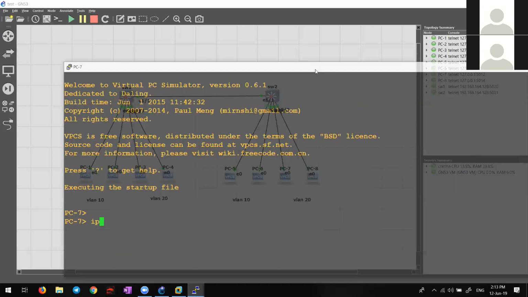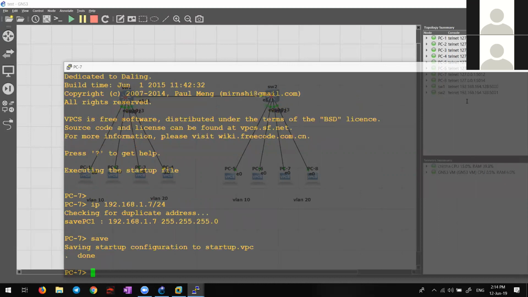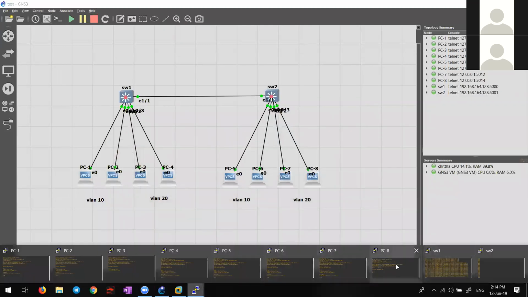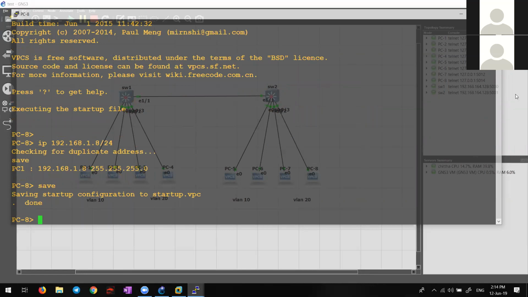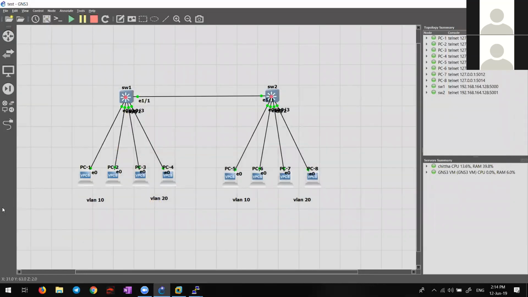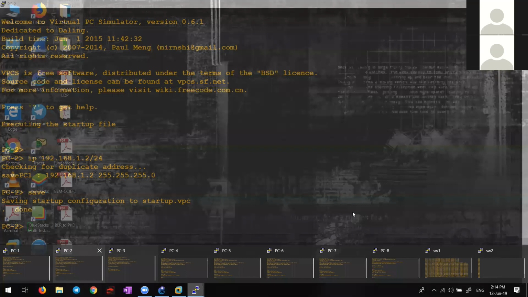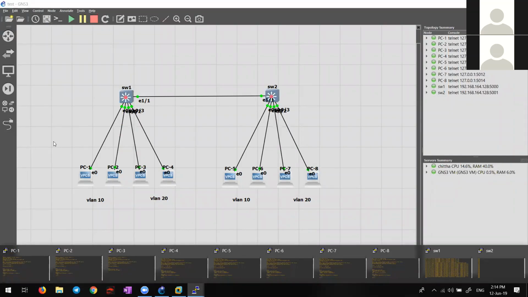I'm not going to configure them in two different VLANs yet. It's okay. All of them, we have not started discussing inter-VLAN routing. Only basic VLAN. So all the PCs have been connected with IP addresses. Now, as we discussed yesterday, theoretically, all these PCs will be able to communicate with